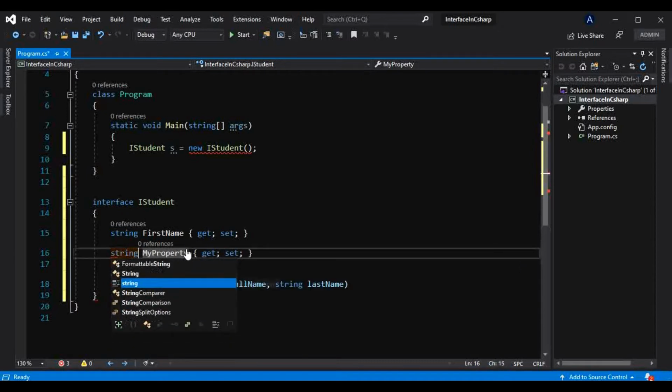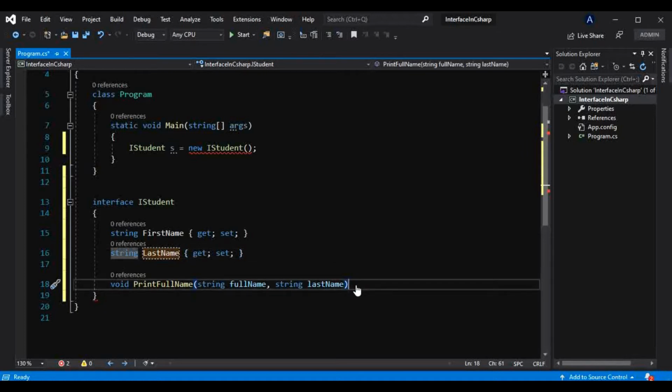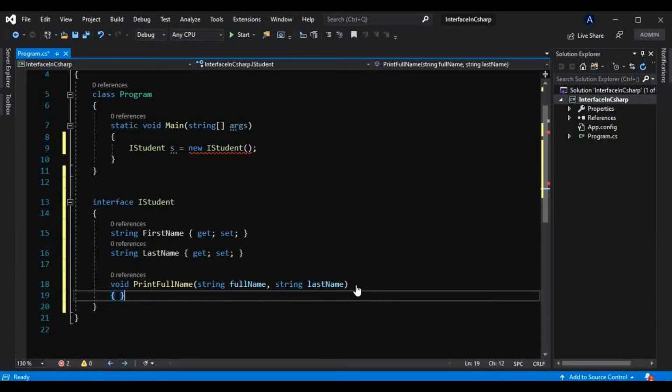Okay, so string last name like this, and now let's just try to have an implementation right here.